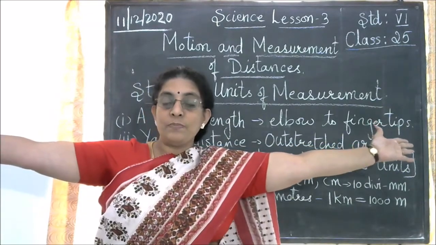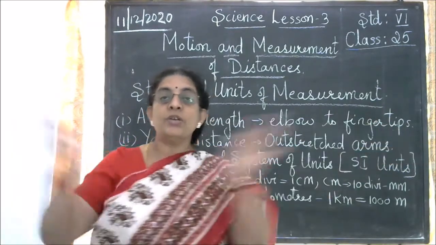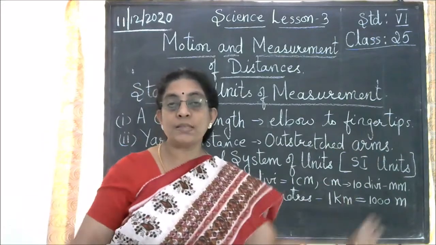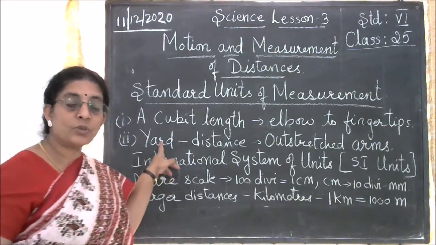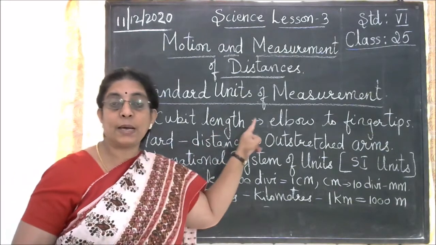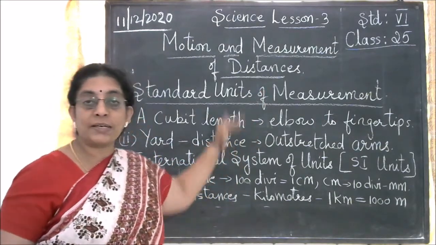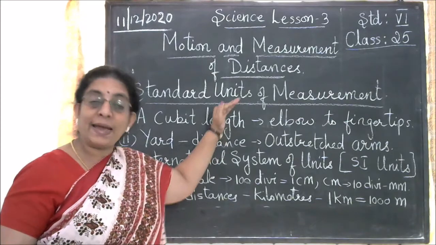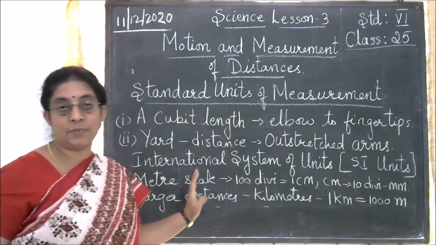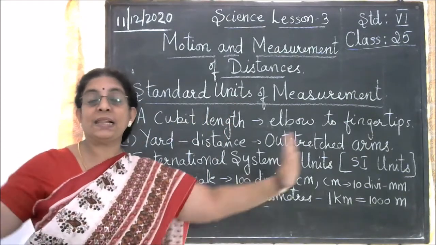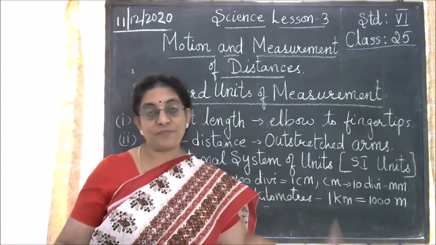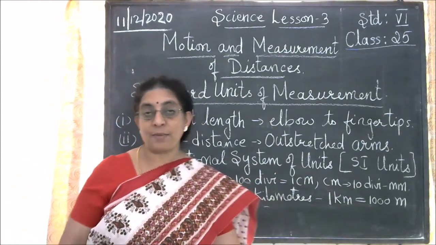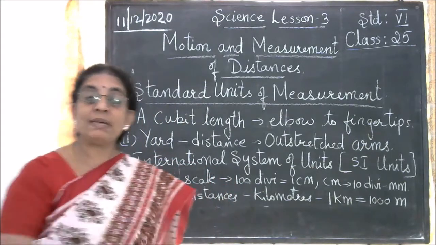When you stretch out your hands, whatever the measurement was, that was called the yard. Even this had some variations, but for a longer time this was followed, and in some cases it is still followed, especially to sell cloth or flowers. This type of measurement is still used in some places, but